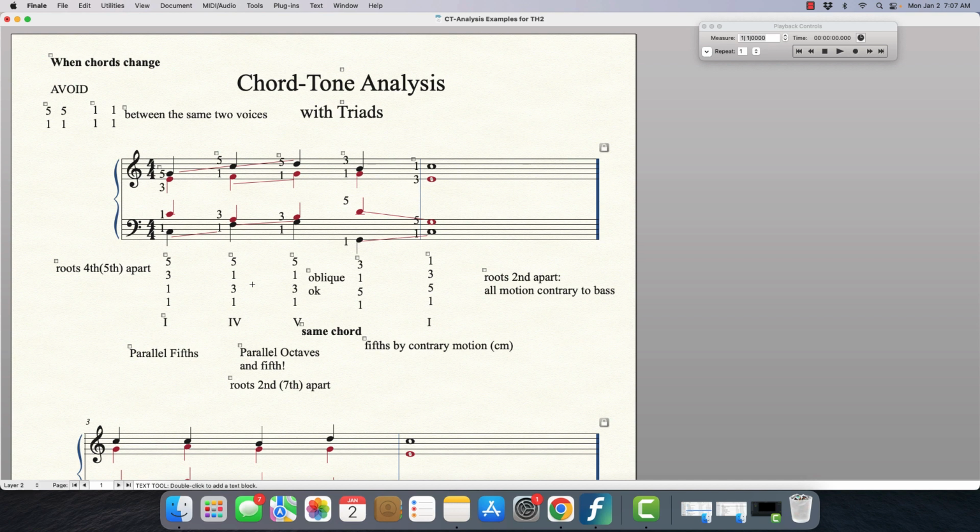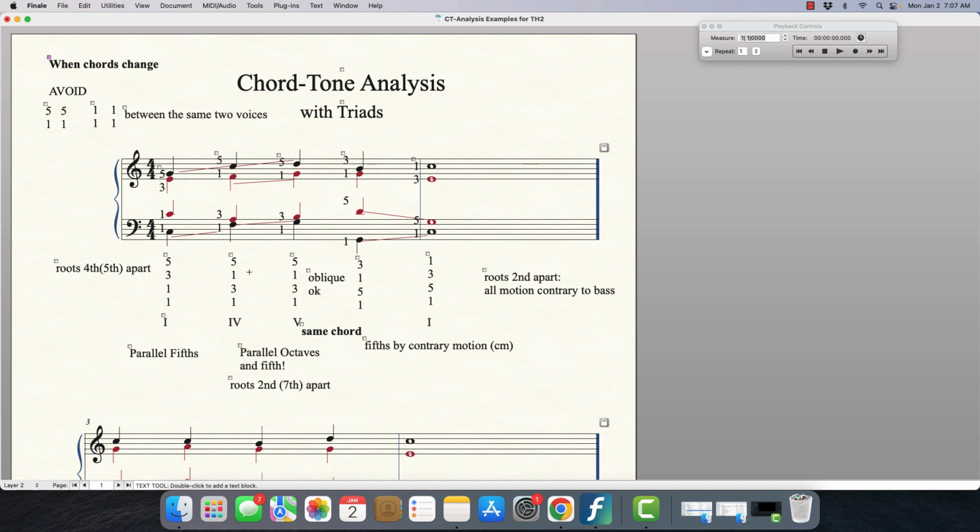And parallel octaves are something that we have to avoid. And by the way, it doesn't matter whether these 1, 5, 1, 5 happen this way with parallel motion, or what we call fifths by contrary motion. We can't do this one either. See, here's another case where we have 1, 5, 1, 5. So anytime you see that, you most likely have parallel fifths or fifths by contrary motion. Same thing with octaves. We can't have octaves by contrary motion when the chords change. That's an important